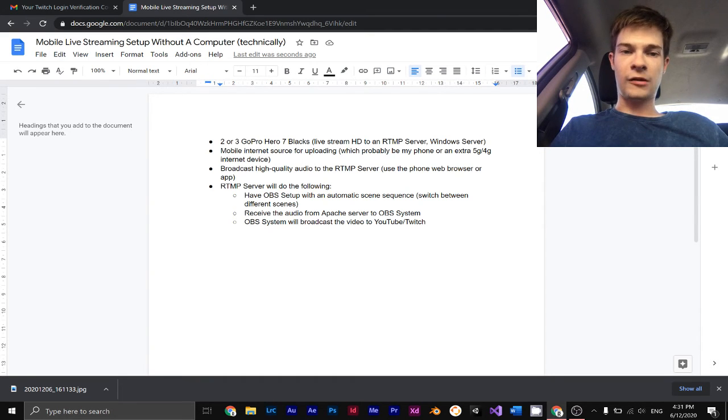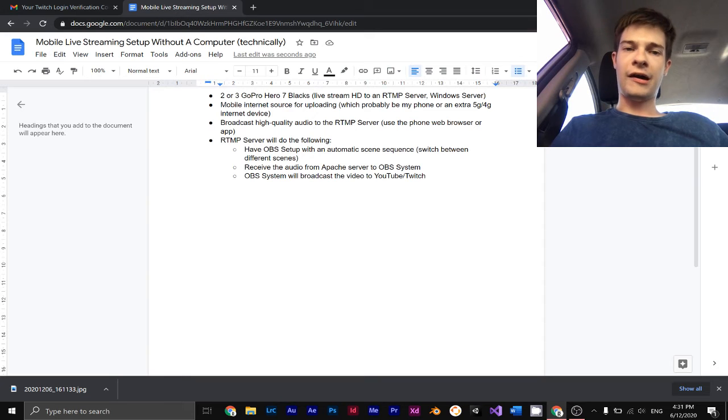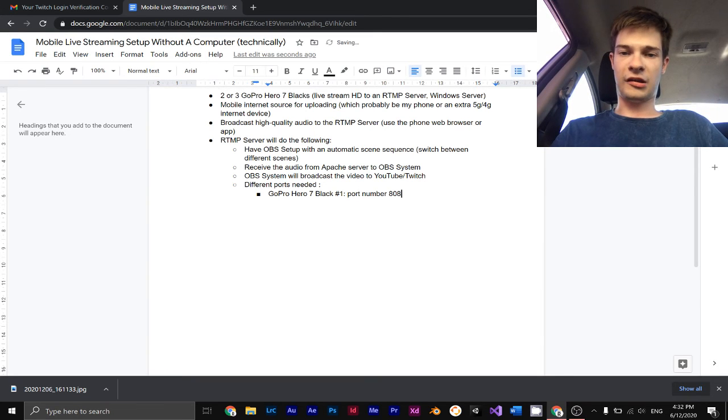And then once we've done that, we will have your OBS system, and that OBS system will be able to grab different IP addresses and ports. So there'll be one IP address with multiple ports. So it will probably be different ports needed. So for GoPro Hero 7 Black number 1, the port number will probably be like 8081, right? And then the next one will be 8082 for number 2, and then wireless microphone,